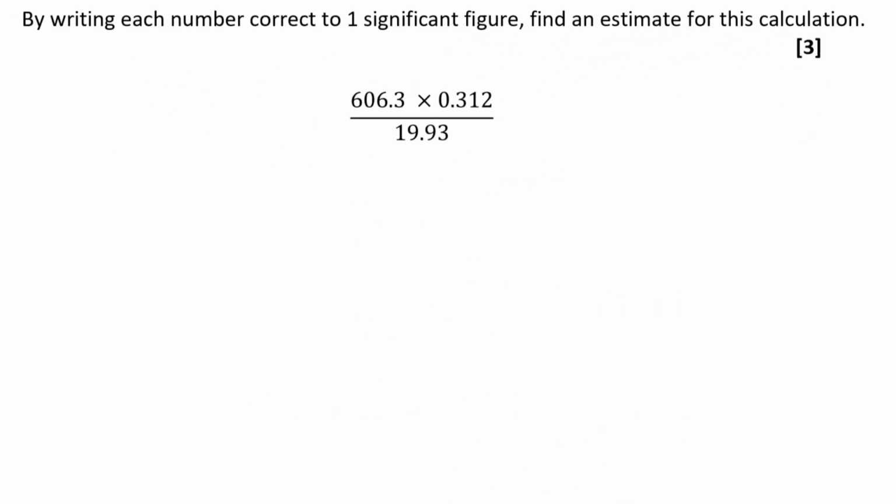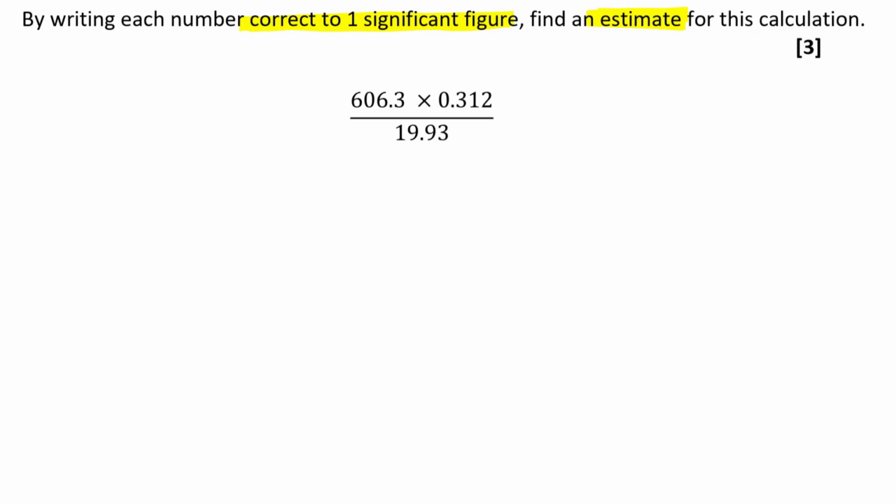By writing each number correct to one significant figure, find an estimate for this calculation. Now, it's really important that you read these sentences above the calculation. Some people just see this and they'll start focusing on that straight away and they won't read the sentence that goes above it. You really need to make sure that you do. This one is giving you some very clear instructions. They're asking you to estimate. I've actually given you more information than they need. They don't normally tell you this bit. So we're going to write each number correct to one significant figure. Even if they told me to estimate, that's what I would have done anyway. So a bit weird that they should tell you. But anyway,